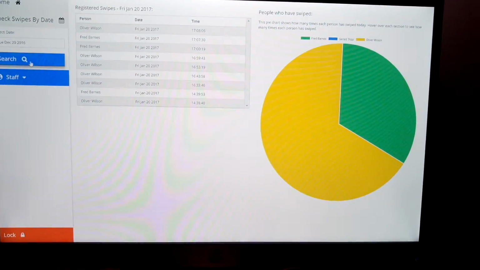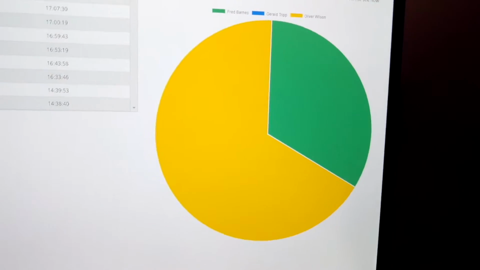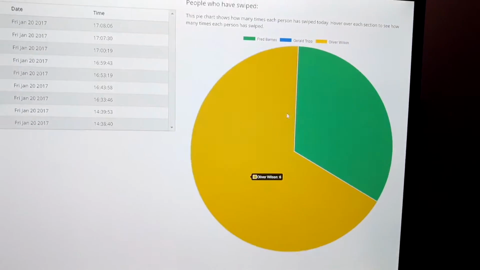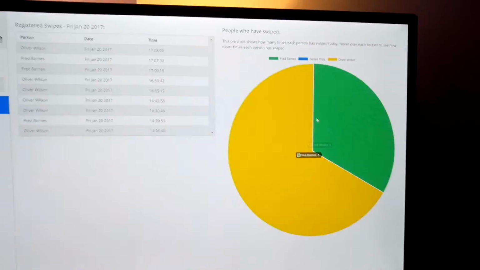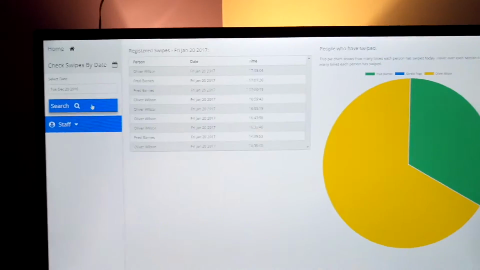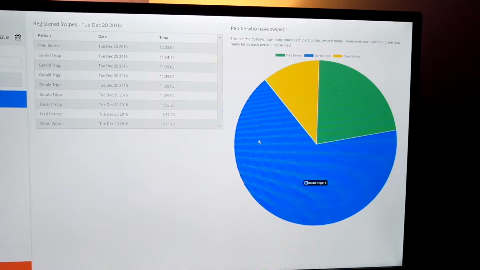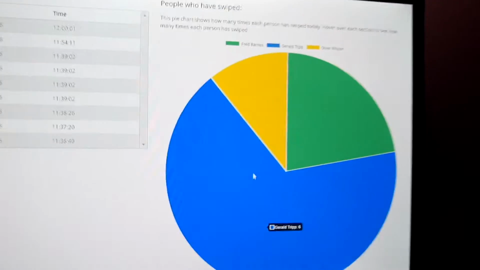Visualization I feel is smooth, accurate. It was a bit of a learning curve figuring out how to populate information received from a query and then work this in with Chart.js, which is the JavaScript plugin I use to make these charts. So if I search for a different one there, you can see how it nicely and smoothly updates to show information as well,